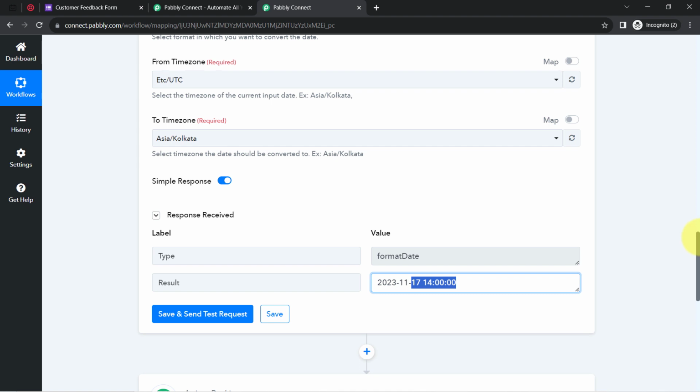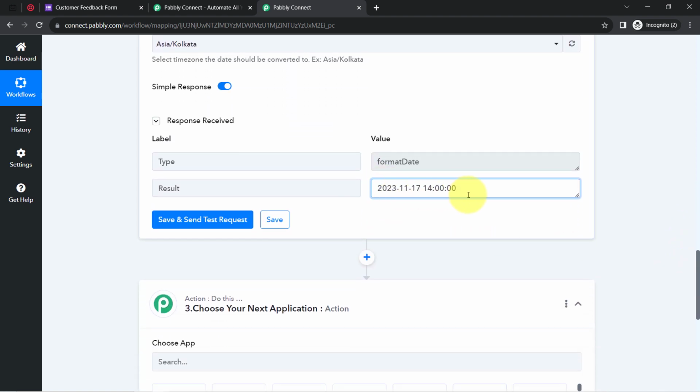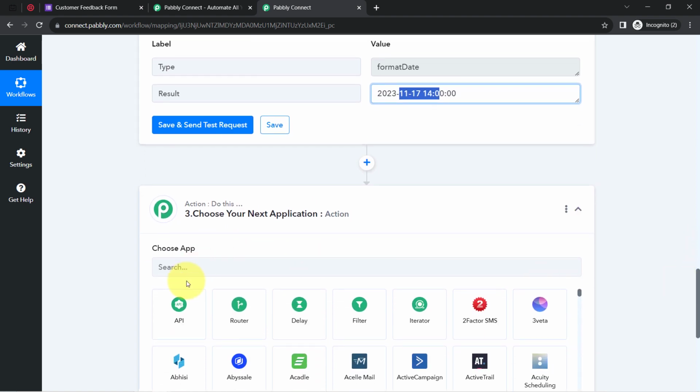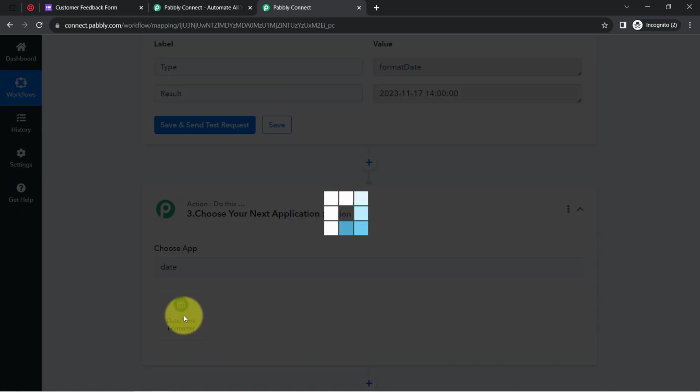Okay, so moving further, now I am going to calculate the timing before the 2 hours of this particular timing, because I want to send the reminder of this appointment, which should be sent before the 2 hours of the meeting. Okay, so how am I going to do that? Again, I will be searching for the date and time formatter feature, which is an amazing feature of Pabbly Connect